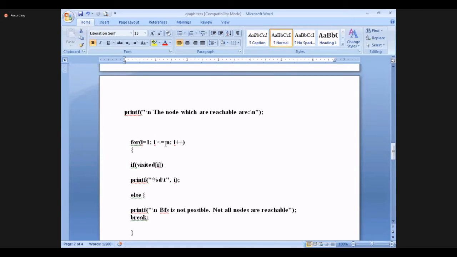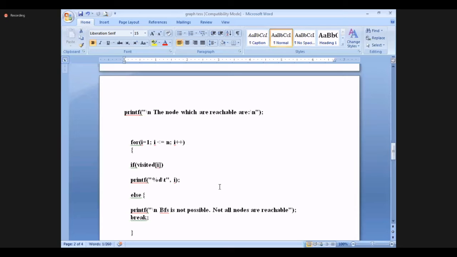So for I is equal to 1, I is less than n, I plus plus: if visited of I, printf visited of I, else printf BFS is not possible, not all nodes are reachable. So you have given 4 nodes, and the 4 nodes I have noted in the queue, and the same we have assigned, so that the I values are visited or not.